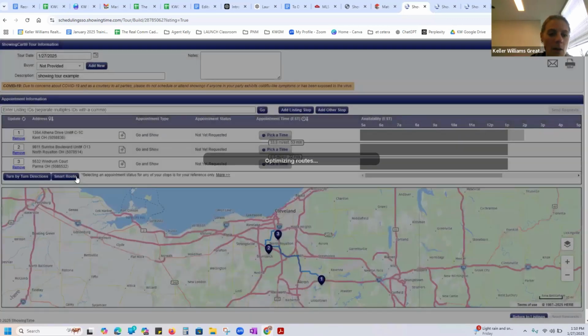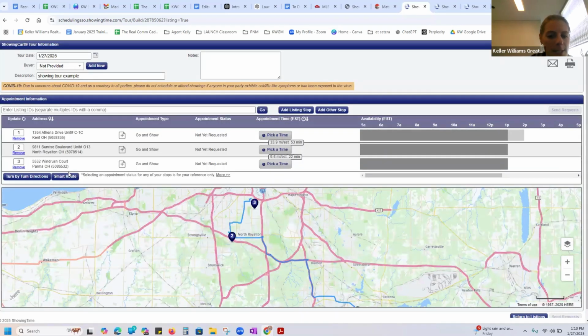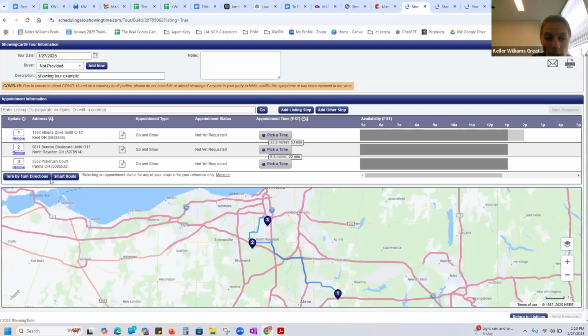By clicking Smart Route, for the most part, it already puts it in a smart route for you, but just so you know which is the smartest route to take, and will save you the most amount of time. This is showing to go to Kent, to then North Royalton, and then Parma. And again, it's showing the differences between time so that you could accommodate. Oh, okay, so if we see Kent at